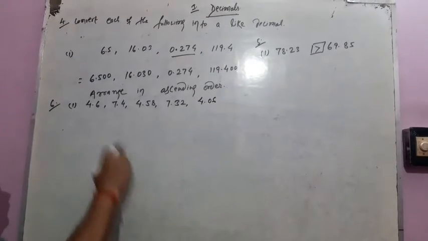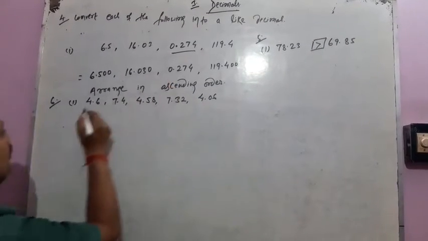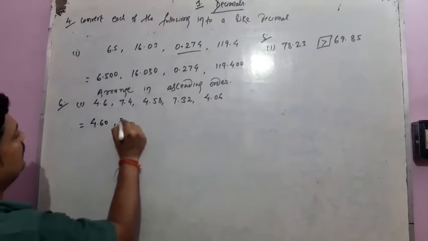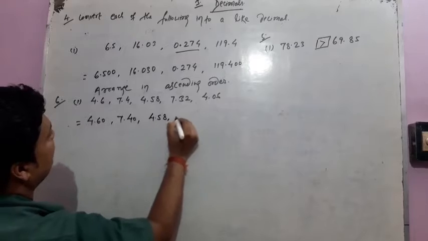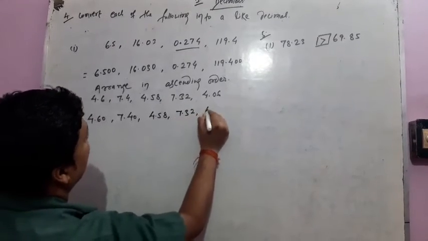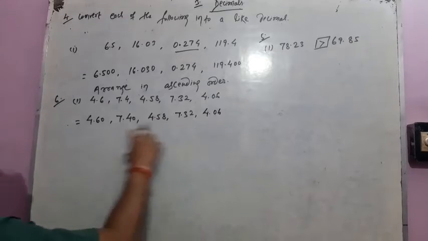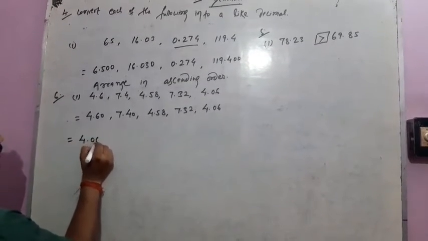Now for arranging in ascending order, first we have to convert into like decimals. 4.60, 7.40, 4.58, 7.32 and 4.06. Now we look here, the smallest decimal is 4.06, so we have to write 4.06 is smaller than, the next one is